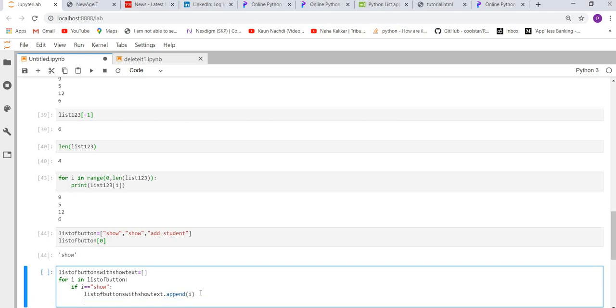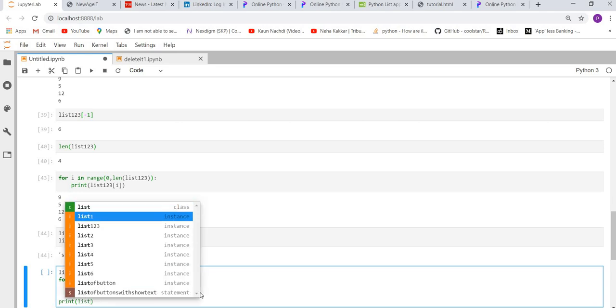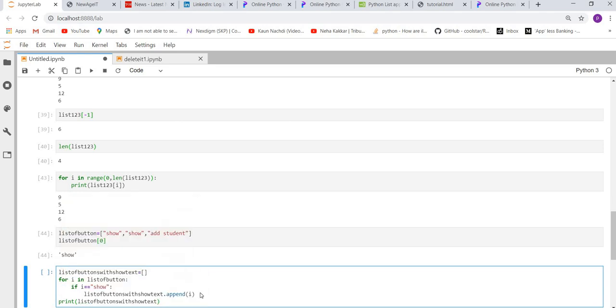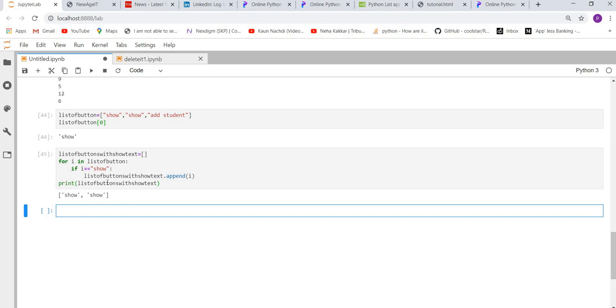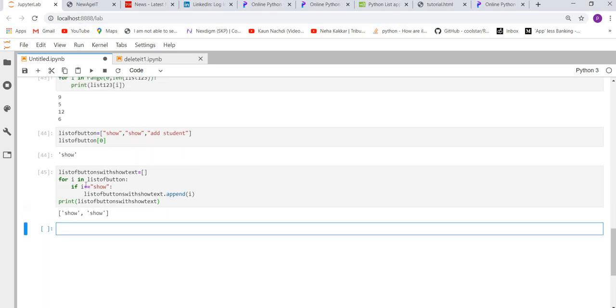Then we will print it. So as you can see, it has added two elements in it.